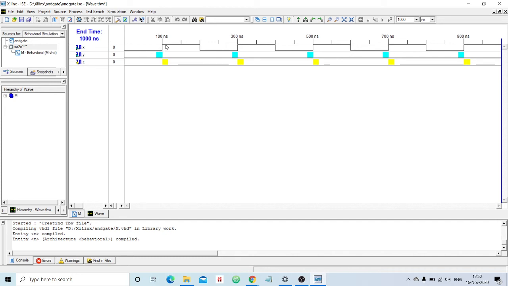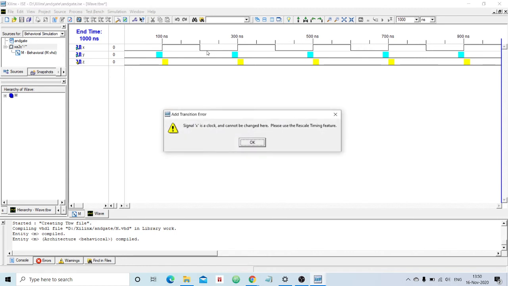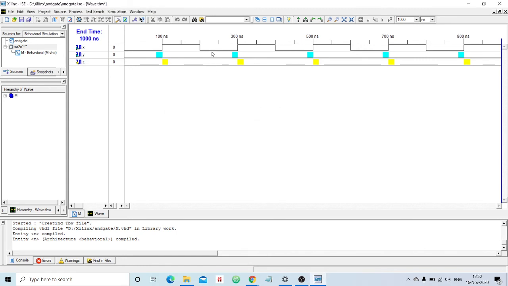Low represents 0, high represents 1. This is the first signal value, the x value. And you can't change the first signal value, because the tool will treat that as a clock. I will later on tell you what a clock is. Clear? Then you have flexibility to change the second input. The second input in our case is y. See, completely it is 0